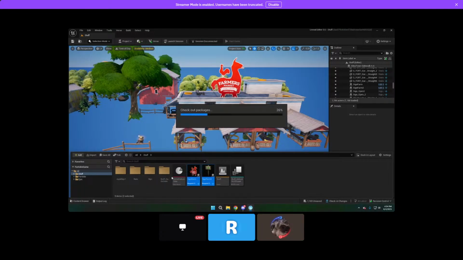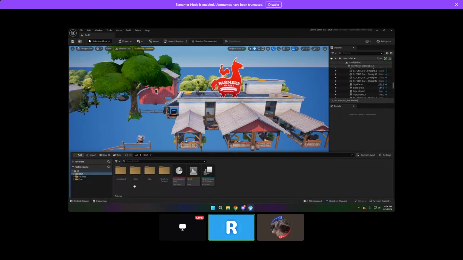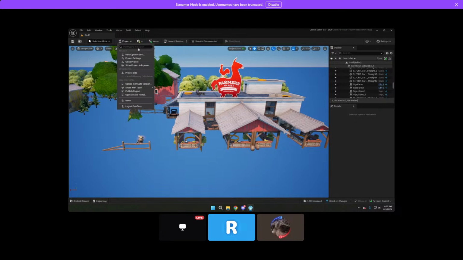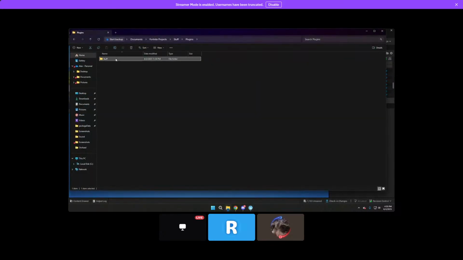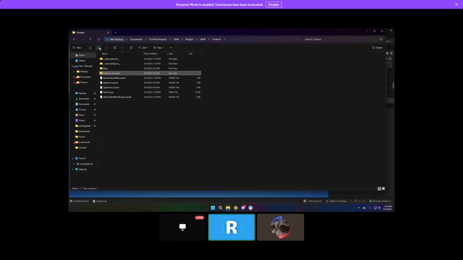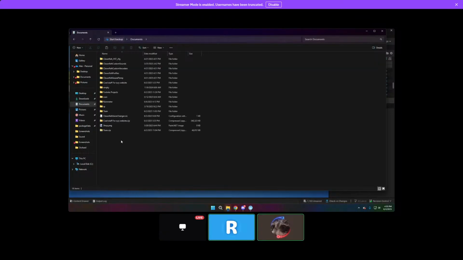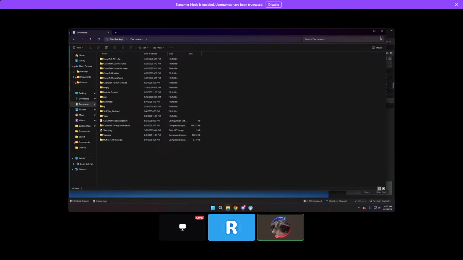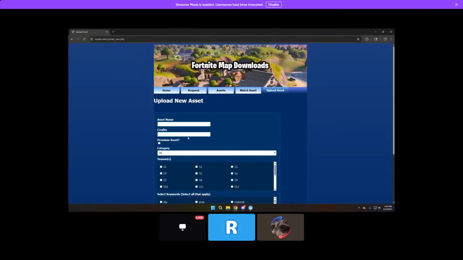Move. And then move all those folders to stuff for orchard. Then copy stuff for orchard and paste it in your downloads, or whatever, it doesn't matter. And then you're going to want to compress it to a zip file. And then upload the zip file to the website. Yeah, it's done. Okay.